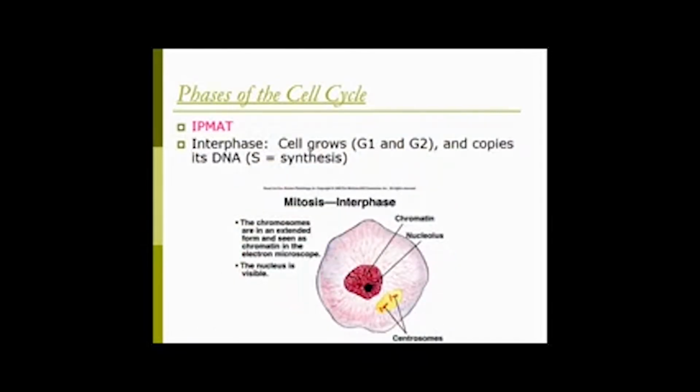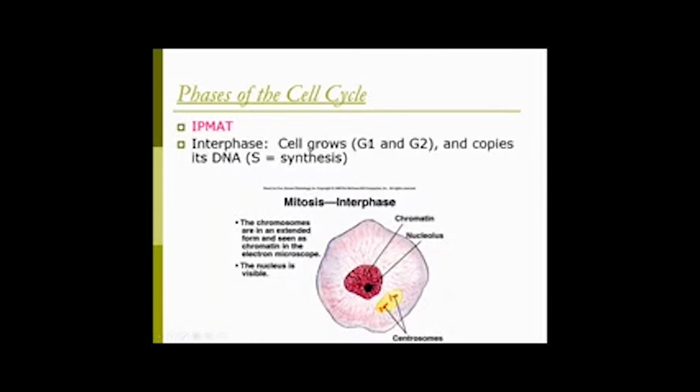The phases of the cell cycle. So one way to remember them is with the term IPMET. There's actually a C we're going to add to the end, so I sort of joke around that it's IPMETC. Interphase, and these are the parts of the cell cycle, not just mitosis. PMAT are mitosis. I is interphase. That's separate from mitosis, but it still is part of the cell cycle. In this one, we're just talking about it.